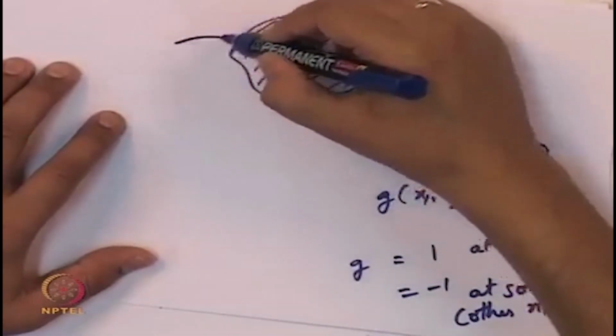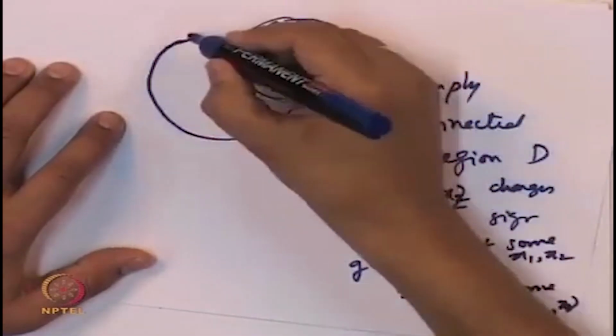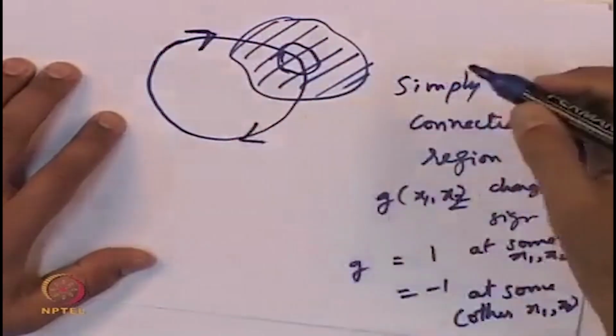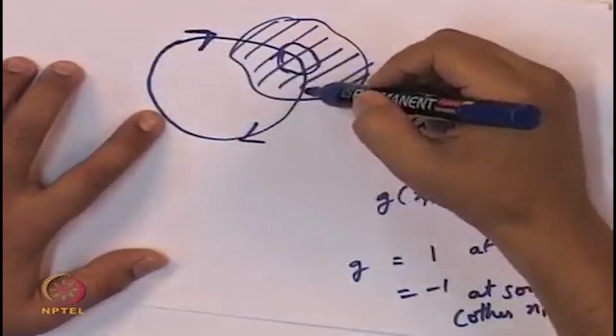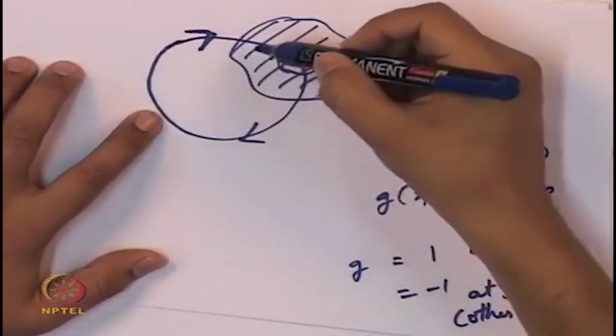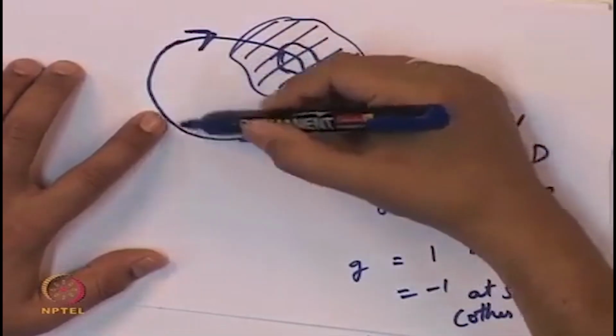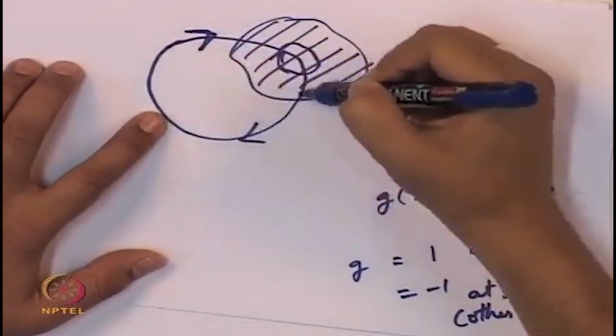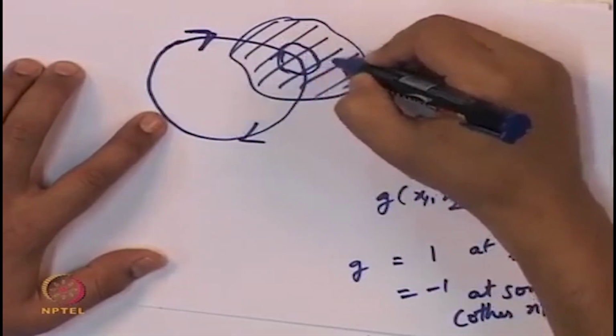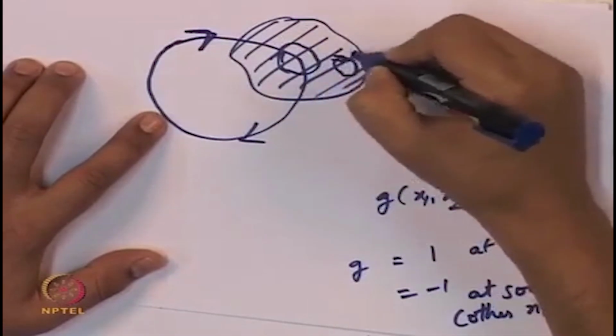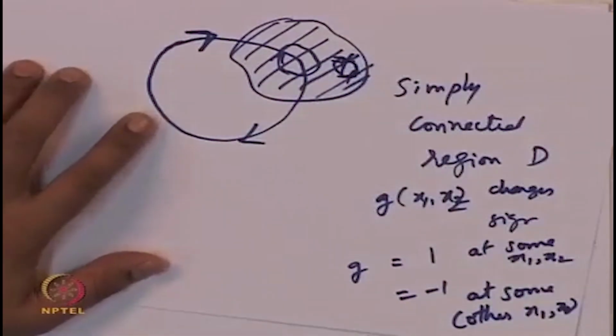But there could be a periodic orbit that is not lying entirely in D. Such a periodic orbit could be there which partly is inside D and partly outside D. The Bendixson criteria does not rule out such periodic orbits. It only rules out any periodic orbit that lies entirely in D. So please note that there is a subtle difference between lying entirely in D and passing through D, and the criteria only says that if G does not change its sign in D, then there is no periodic orbit that is contained in D.